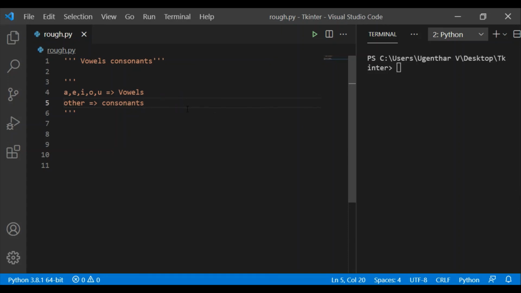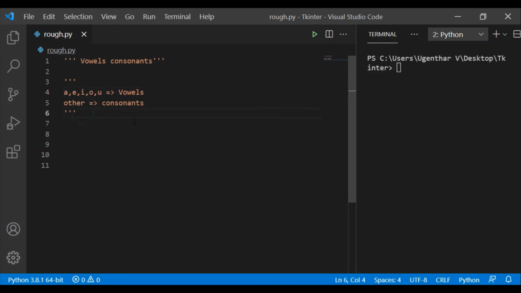They will ask things like print only vowels, find the number of vowels in a string, eliminate vowels in a string, or find the number of consonants in a string. These are some questions asked related to vowels. Let me explain what is meant by vowels and consonants. Vowels in the alphabet are A, E, I, O, U, and the other alphabets are called consonants.